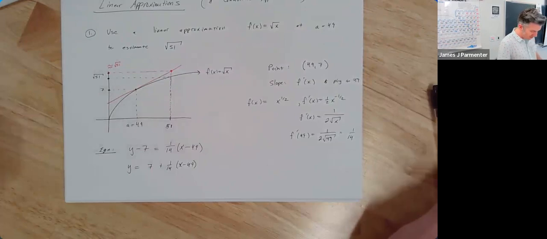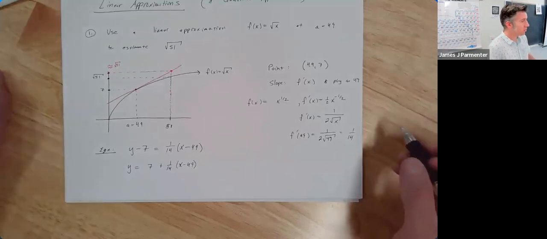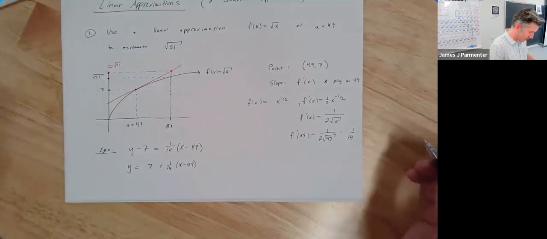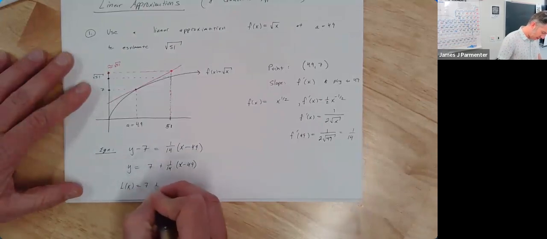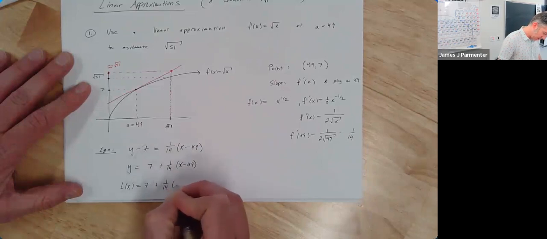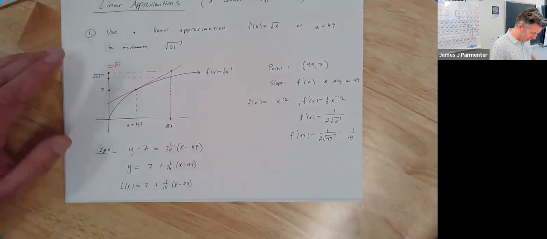And then often people like to call this L of x instead of calling it y. So I'm going to say that the first order linear approximation, or the linearization, L of x is equal to 7 plus 1/14 times x minus 49. Or more generally,